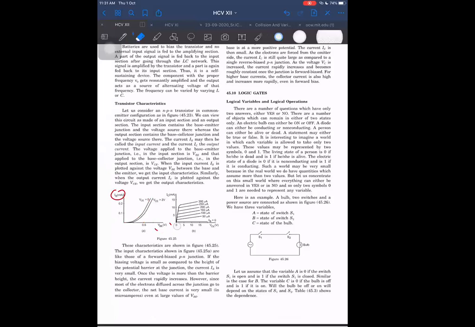After 0.6, can the voltage change again? Can it become more than 0.7 also? But this graph becomes so steep. After 0.7, this graph becomes so steep that it appears the voltage does not change much. It changes maybe 0.7 to 0.701. By that time, the current becomes much larger. So it does not change significantly.